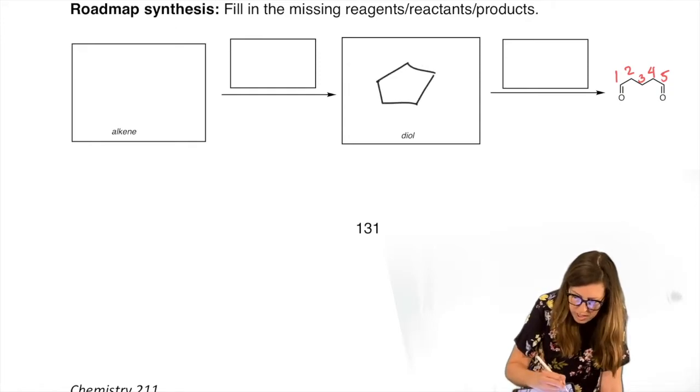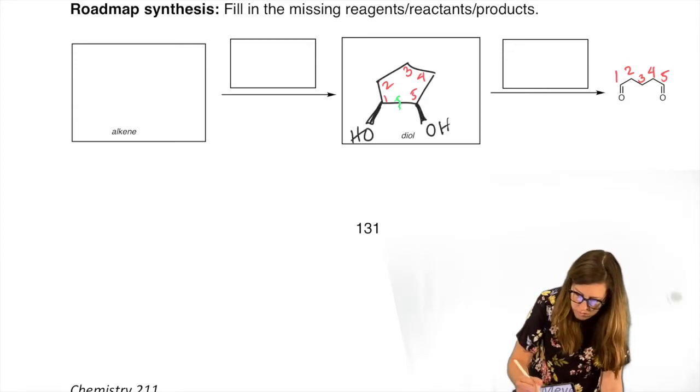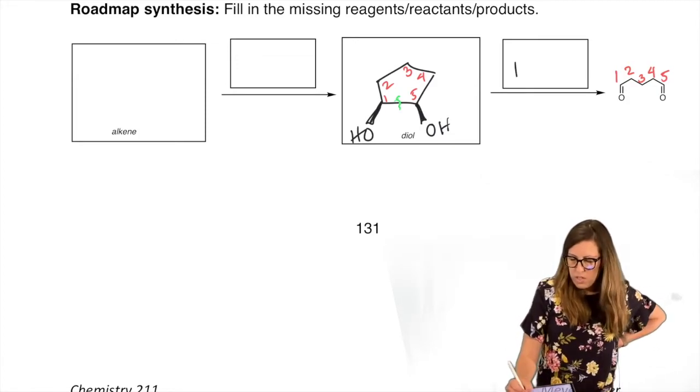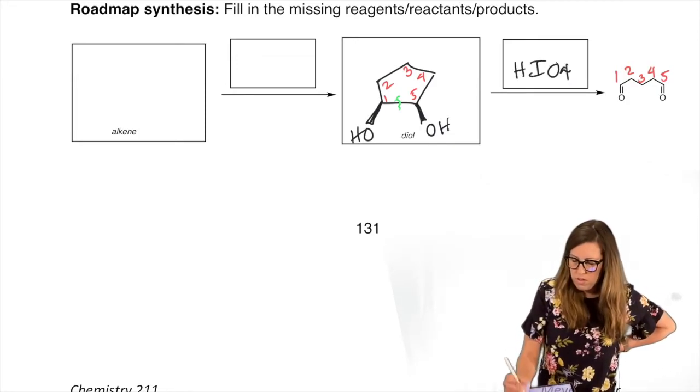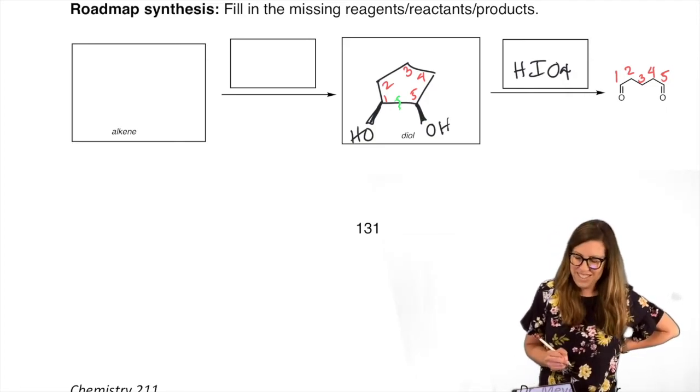It's in a ring because they never got detached like in the example above. I need to cleave the 1 and 5, right? So that means that's where my diols will be. And they need to be syn. So I'm just going to draw them both on wedges. So I'm going to use HIO4. We just learned about that. That's a hint that it should probably be included here.